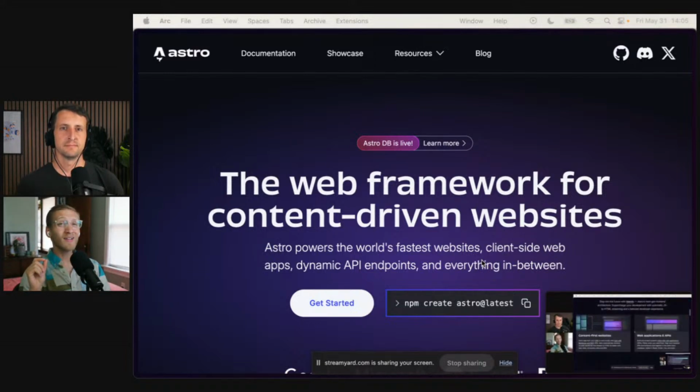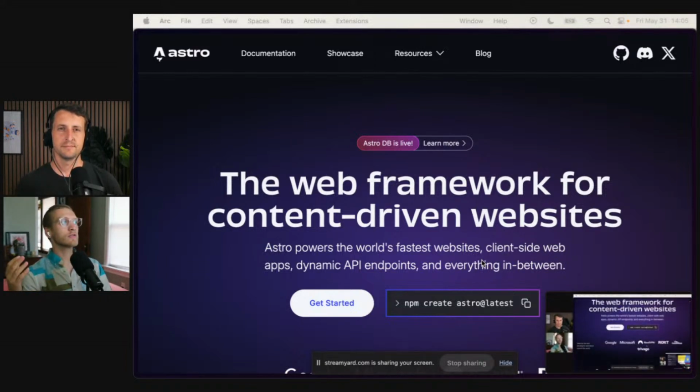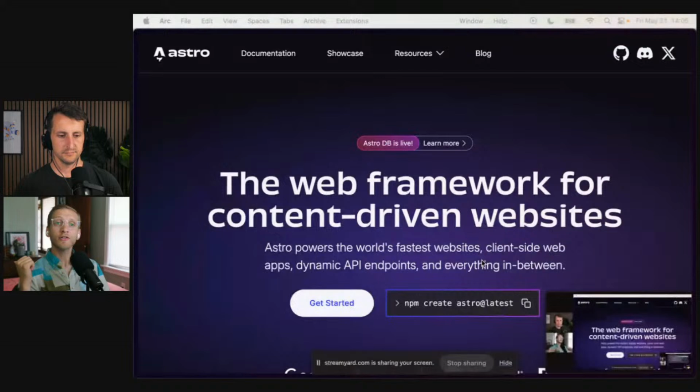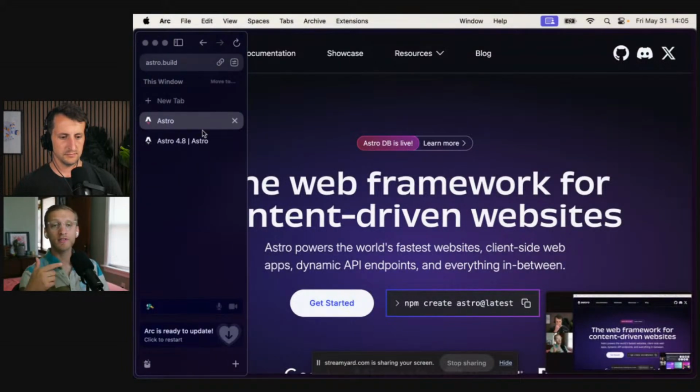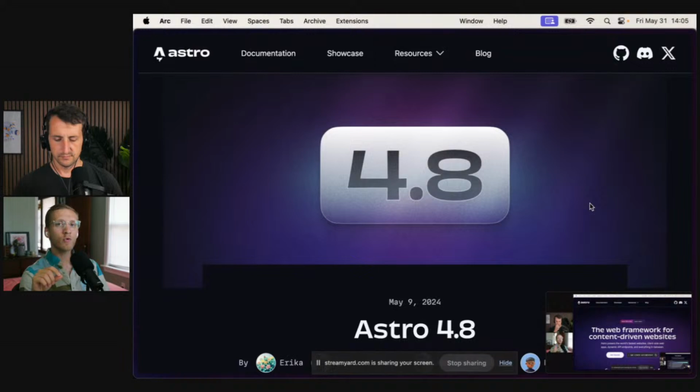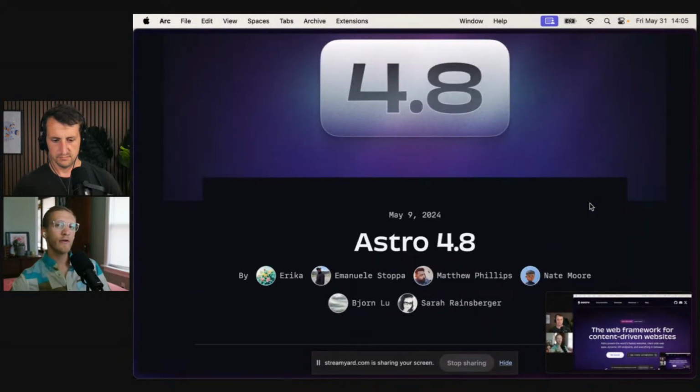That being said, look at what Astro has released in the last few months. They've released Astro Actions for submitting forms. They've released Astro DB for persisting data. It feels like more and more Astro is inching into the application territory, or making your content sites have a little bit of application flavor. Let's see how they're doing.